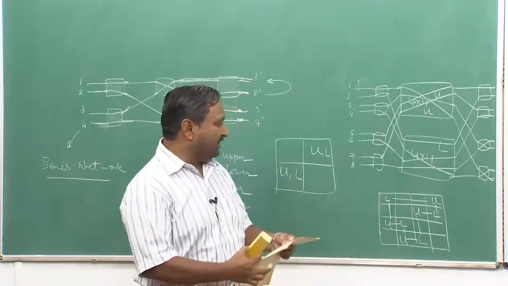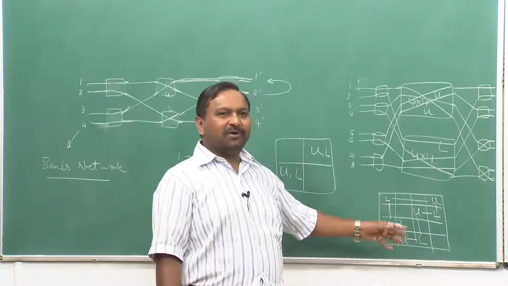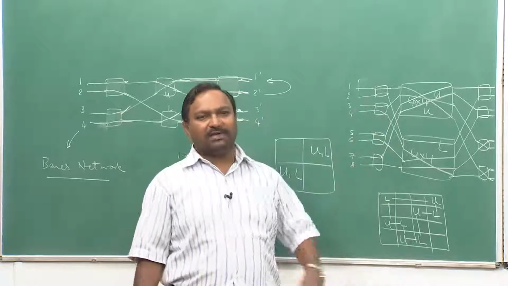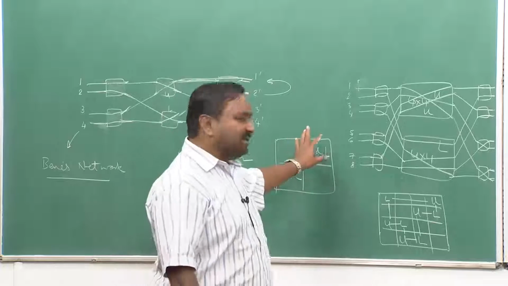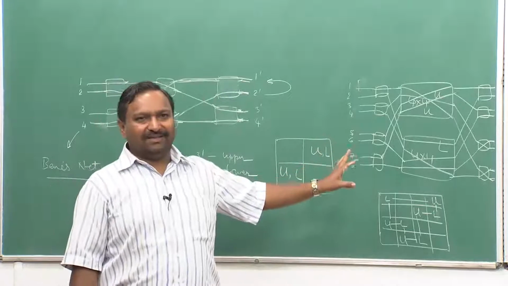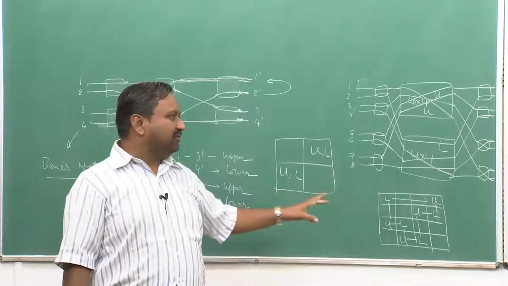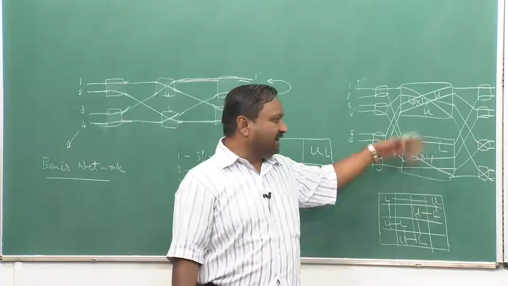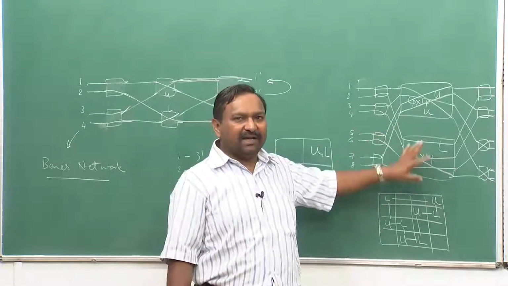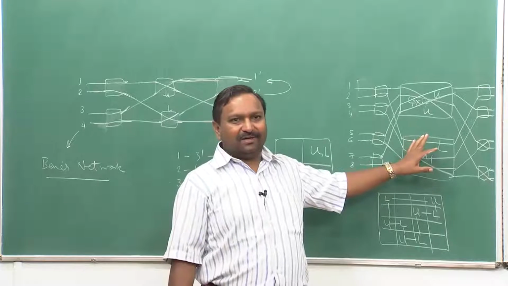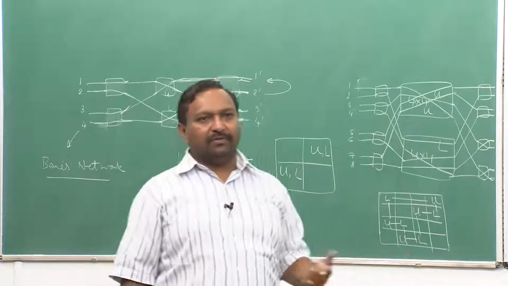For 2 by 2 life is very simple, I can actually show it. So far I am doing this is okay, but if I am not using 2 by 2, is there a generalized number of switches, what will be the condition for a rearrangeably non-blocking system. This is a rearrangeably non-blocking system actually, this is not strictly non-blocking because blocking states do exist. But if you set up the connections or you can rearrange the connections, some existing connections can be moved, but how they should be moved, that I have not discussed here. Okay. So, the rearrangement strategy as well as the proof for a generalized system, we will do it in the next video.